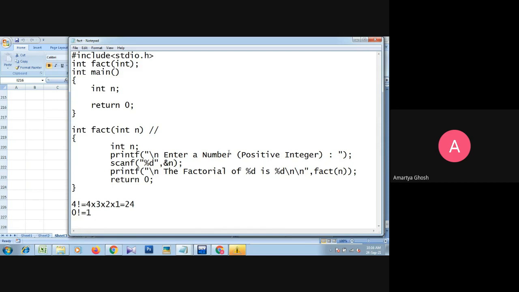Here will be printed whatever value is given by the user, and that value is returned by this function, because as far as the prototype or the signature, we know that it will return an integer value. After the calculation, it will return an integer value. Okay, now I just remove this, and now